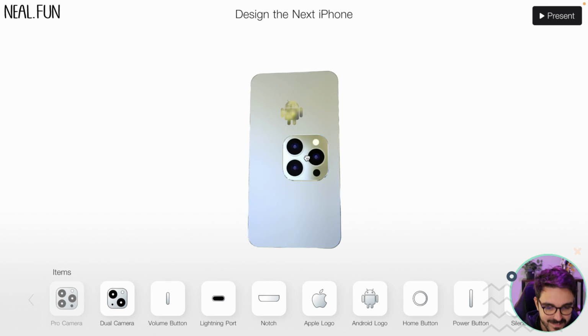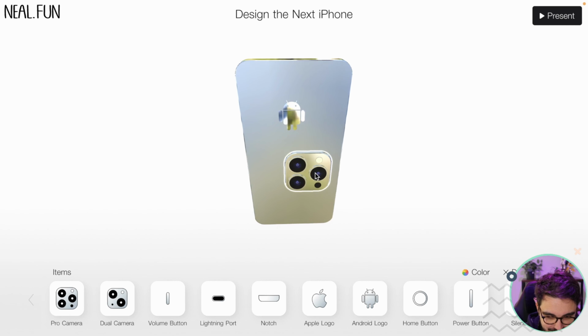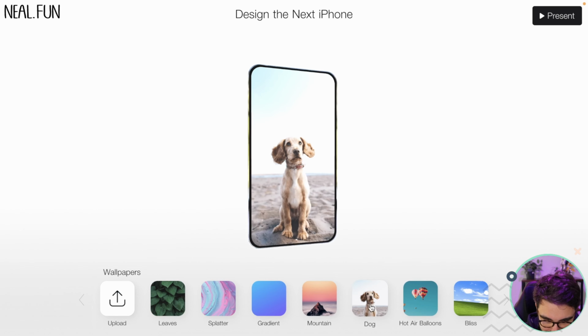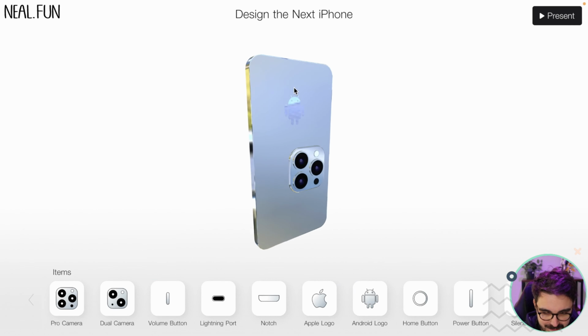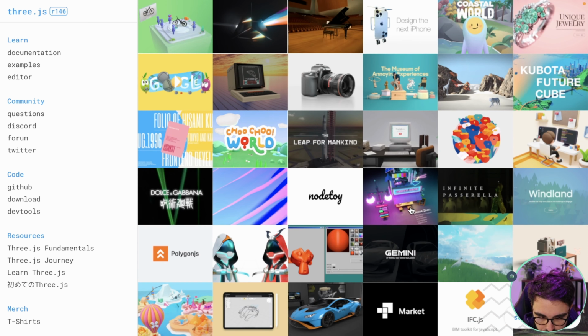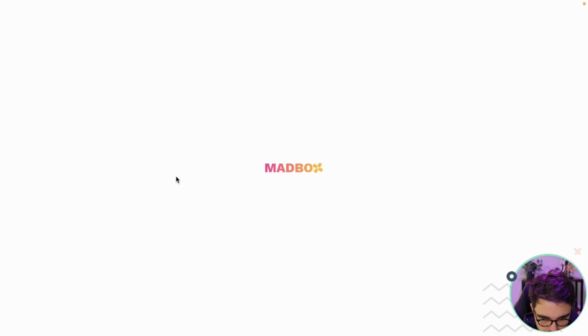It's pretty well done. So you can create all this crazy stuff and change the palette. Let's see, wallpaper, and you can change the wallpaper. That's really nice. Let's see another one. This one, for example,